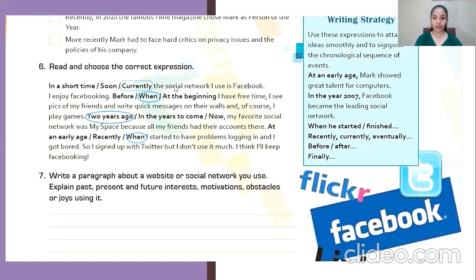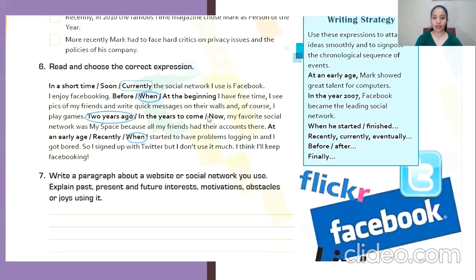Here we have the next question. Yes, it is when. When I have free time, I see pics of my friends and write quick messages on their walls, and of course, I play games. He is referring to the present. Yes, and the right option is when.